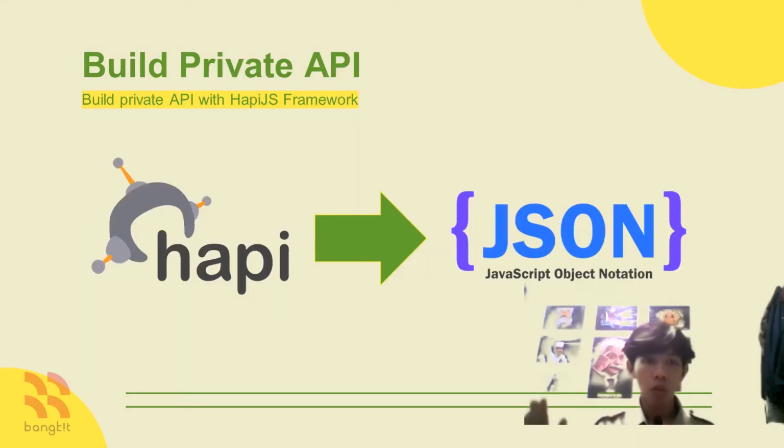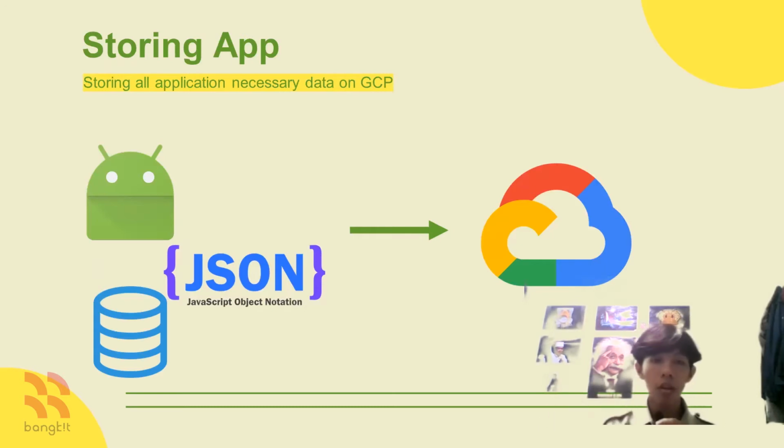In this part, we built a REST API with Node.js. We use Hapi.js for this JSON application, which we learned in the cloud computing learning path at Bangkit Academy. We use several modules to build a private API, including the Hapi.js module itself, Hapi Node Connect, MySQL module, .env, Bcrypt, and Nodemon as a development module. We use MySQL to store data in the main application, so data can be maintained properly. And we use GCP to store and deploy the applications we have created, namely the machine learning model, REST API application, and our Android application in the bucket.